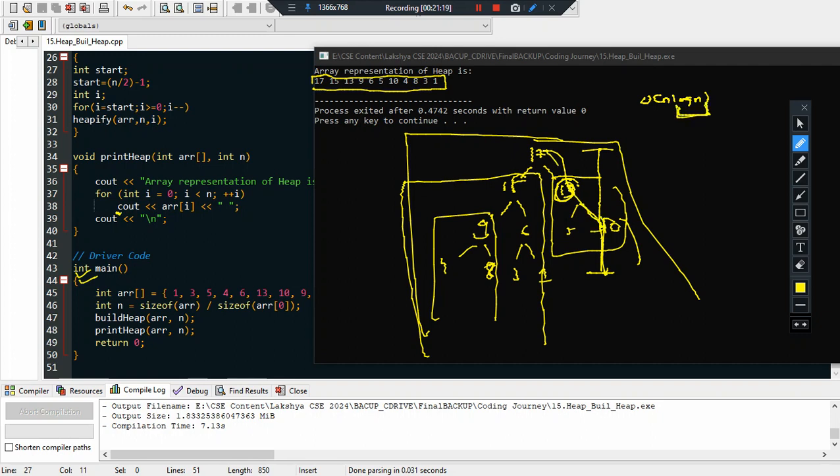And how many times are we performing the heapify operation? You can see for every non-leaf node we are performing heapify operations. So n log n. This is the time complexity. Now obviously there will be space complexity, which is obviously not linear, because remember we are using recursion here, right?